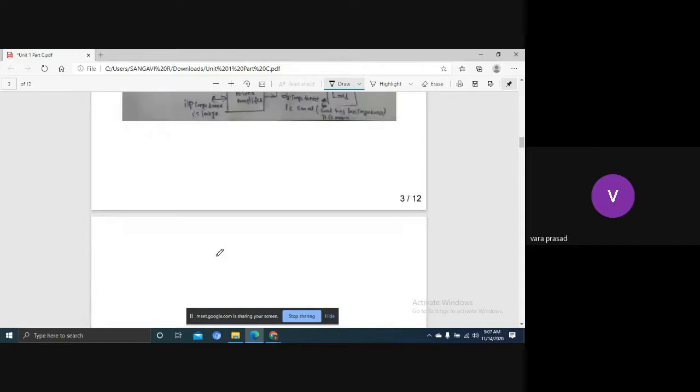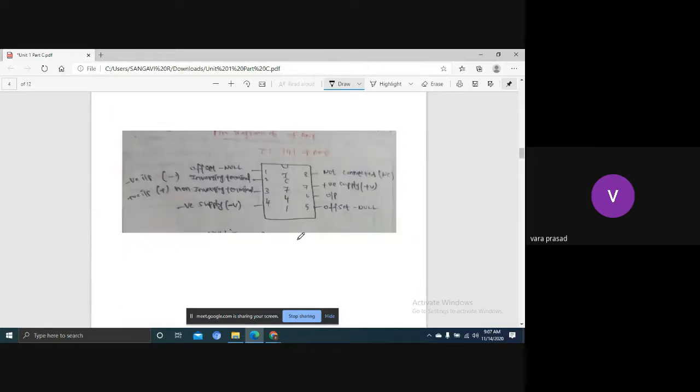Next one, this is a pin diagram. You have to remember it, in case they ask you to explain the pins. It's the IC 741, the op amp, the 741 IC. 8 pins are there, 1 2 3 4, and it has to come in this way. Here they've given a U turn, which means we have to write 1 2 3 4 5 6 7 8. The first pin is offset null. The second is the inverting terminal. We have two inputs, right? The inverting terminal, and the next one is the non-inverting terminal.